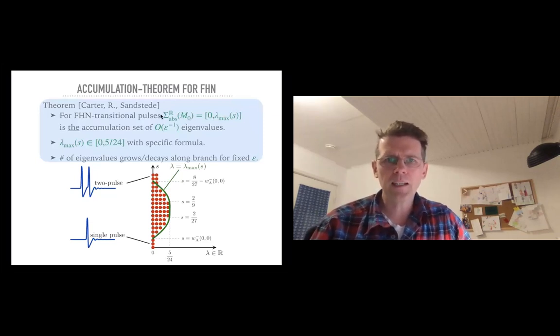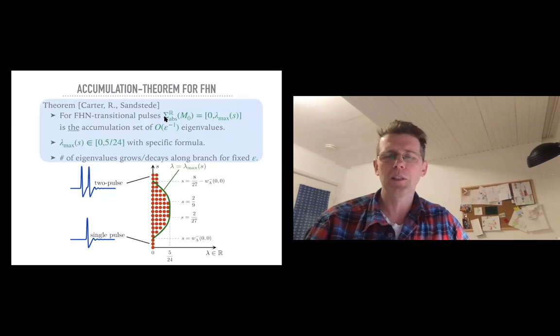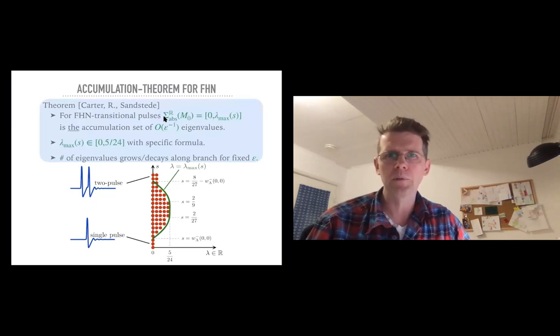Now there's this funny name here in the beginning. I'll explain this a bit more later, but I can already say in words what it is. That's what we call the real slow absolute spectrum. I'll explain this in more detail. What this M0 here means is that it has to do with the slow manifold that the pulse is traversing.